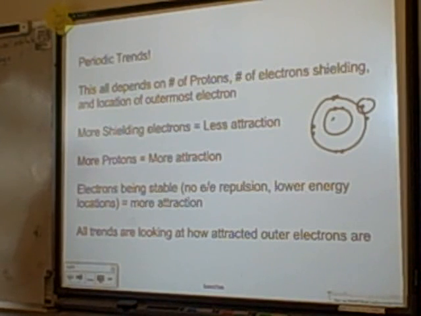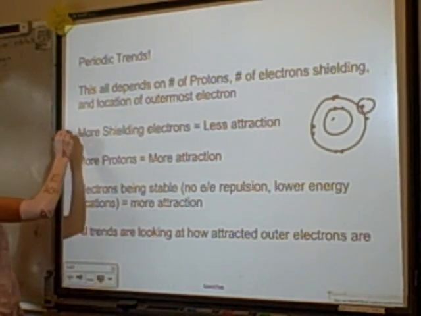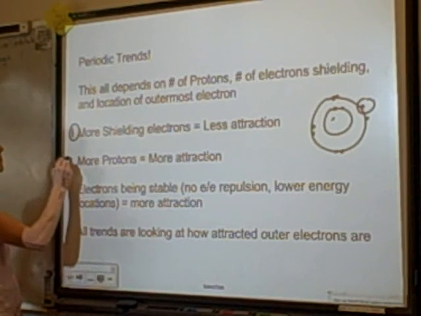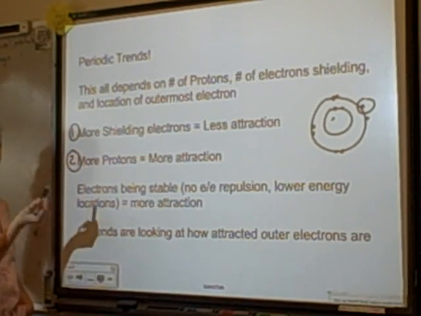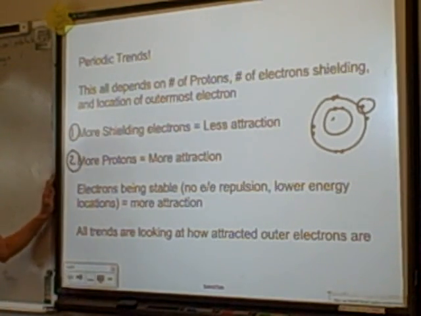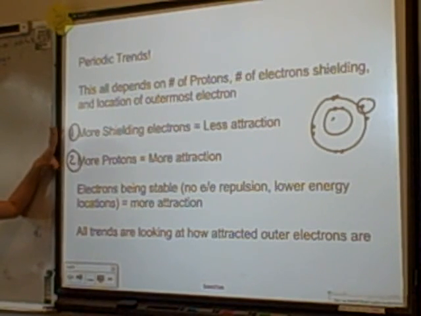There are a couple of small things to look at, but these are the two main ones. I look at this first. Shielding is the number one most important. Then the number of protons, if the shielding is the same, could tell you which outer electron is more attracted to its nucleus. After that, if you're not following the trend you'd expect to follow as predicted by these two, then you have to start looking at